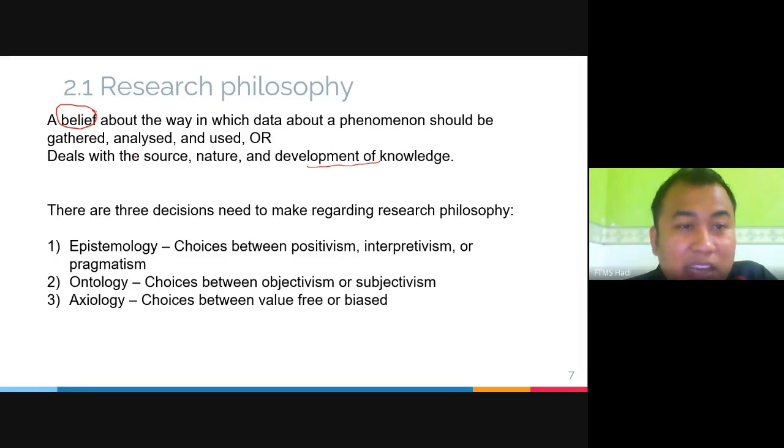So that means, what knowledge is associated with the belief? What do you think, is there a belief behind that research? So there are 3 decisions that need to be made regarding research philosophy, which are